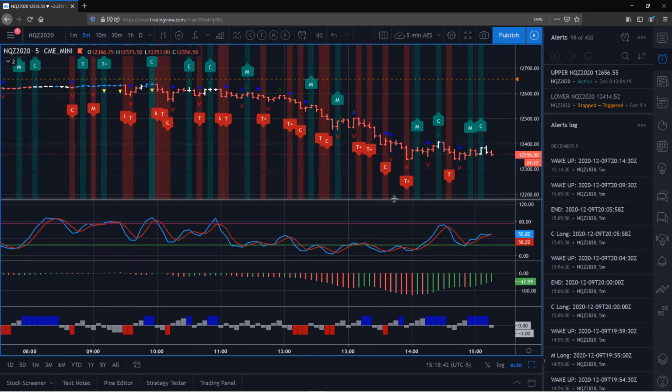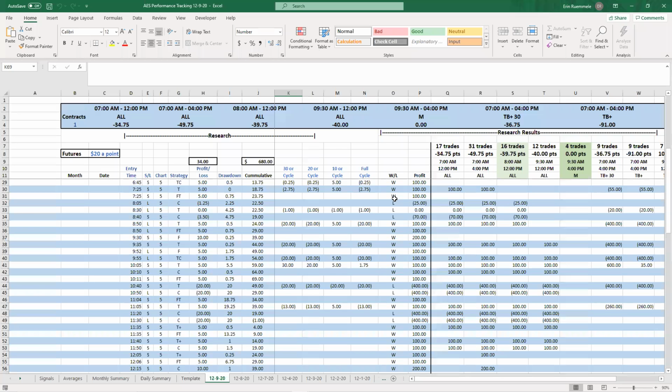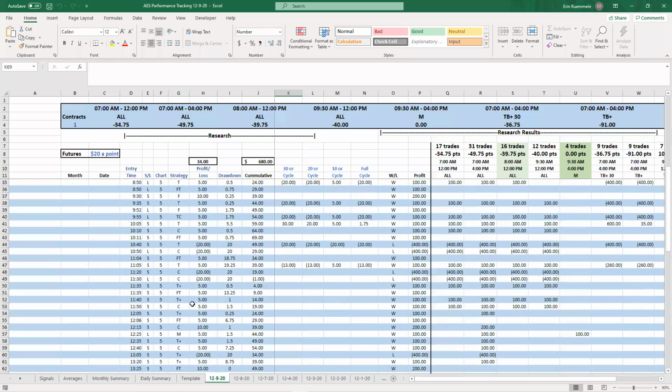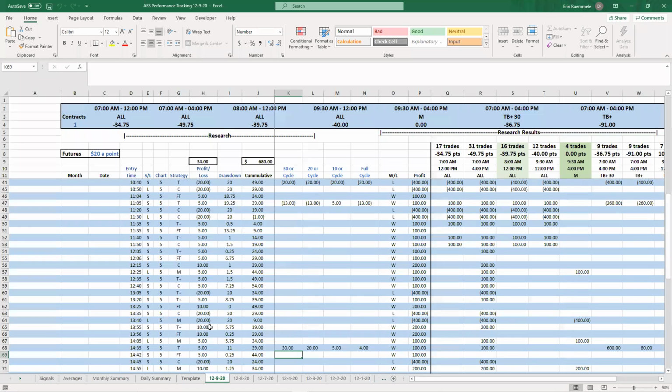So what does that mean for performance? I'll start with today, just with showing the tracking, and then we'll work backwards. So first trade after 7 o'clock was the 7:25 trend bias trade. Continued to take trades. You can see when signal started to pick up a little bit, we had quite a few stop outs. Our 9:30 to noon ended down 40 points,